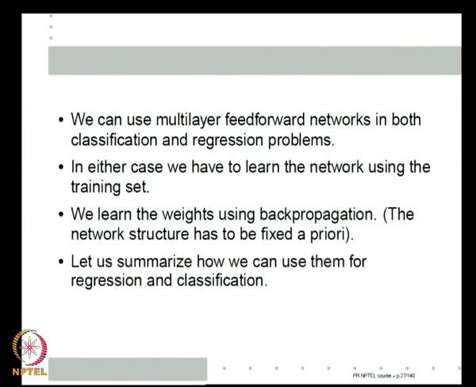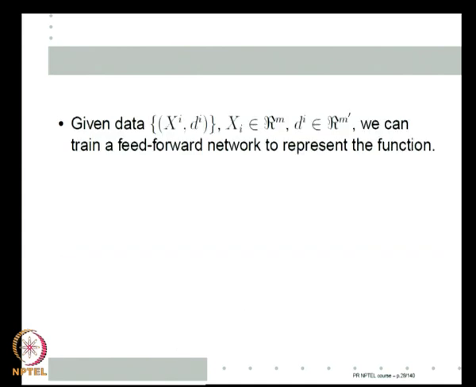So, let us quickly see how I will use it for regression, how I will use it for classification, because we said that the network can arbitrarily approximate any continuous function. Of course, a classification function is not really a continuous function. So, we have to ask how do I use it for classification, and so let us start with how I use it for regression, then we can see how to use it for classification also.